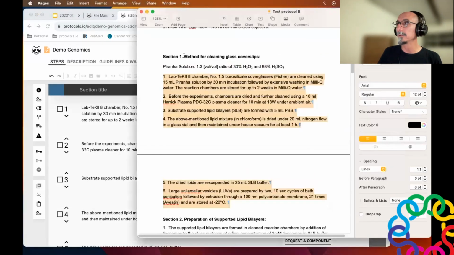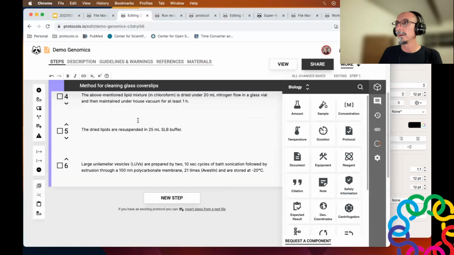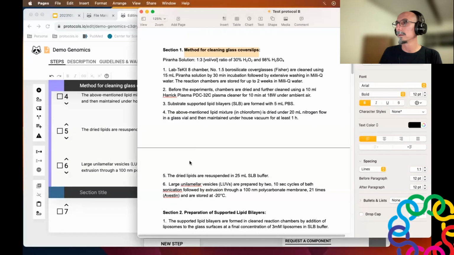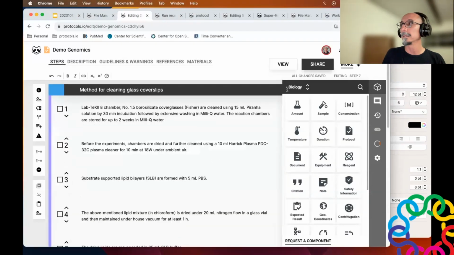I can add a title to the section. I can create a second section, and keep copying the steps using this functionality.